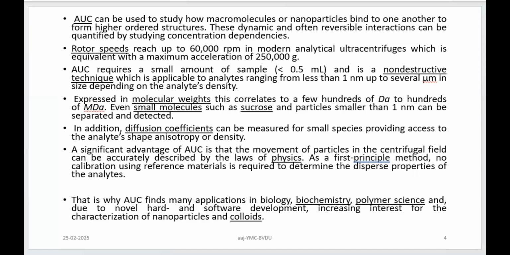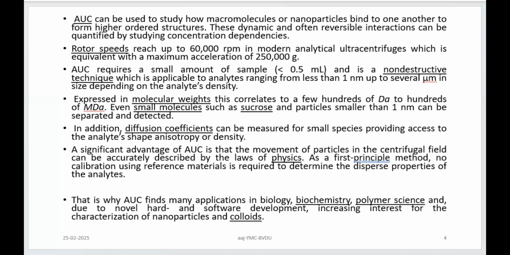So when it comes to the second point, that is the diffusion coefficient, that can be measured for a given analyte. The diffusion coefficient is going to be useful in characterizing the analyte, because diffusion is a phenomenon which is going to be driven by two forces, the suspending media and the characteristics of the particle. So in that diffusion, the bigger the molecule, the slower the diffusion. Concentration is another factor in the diffusion. So which is going to be a characteristic feature of the analyte.